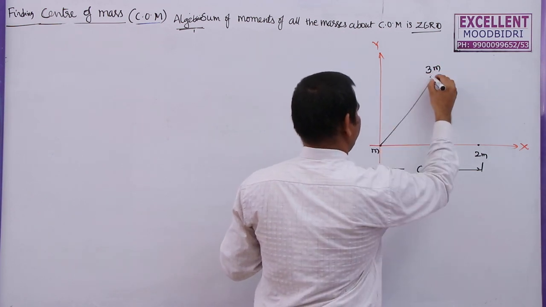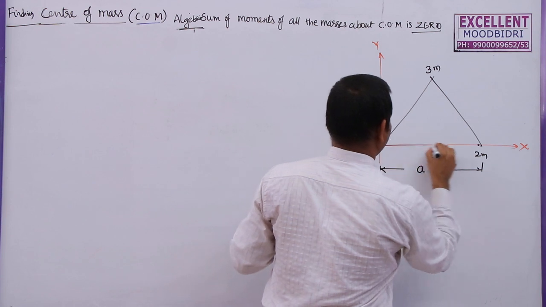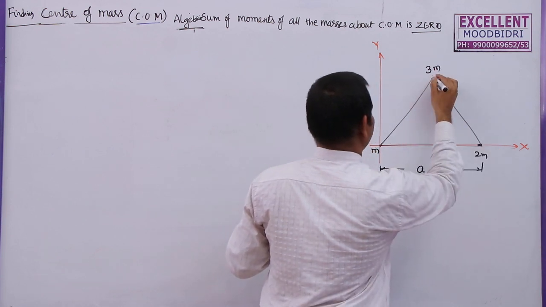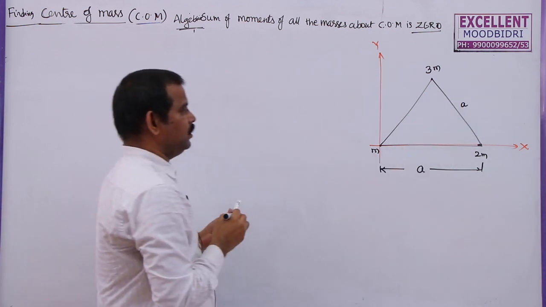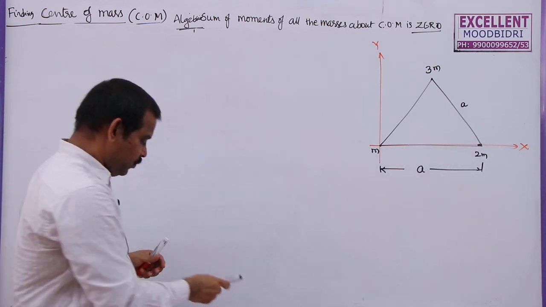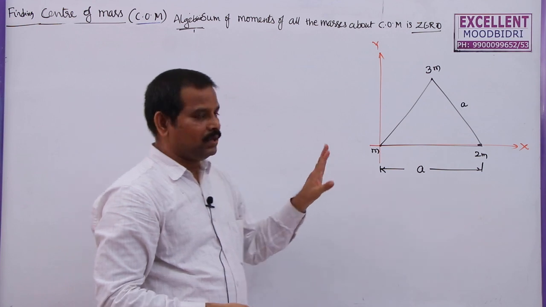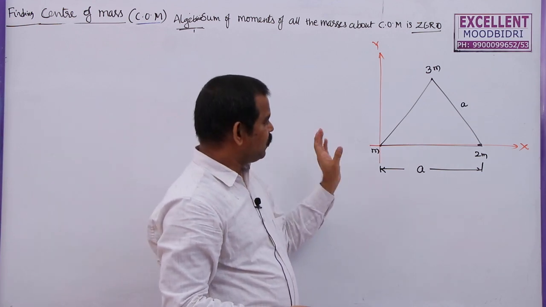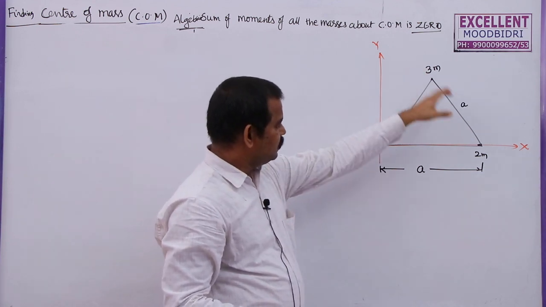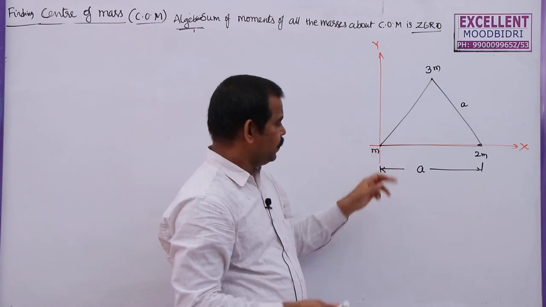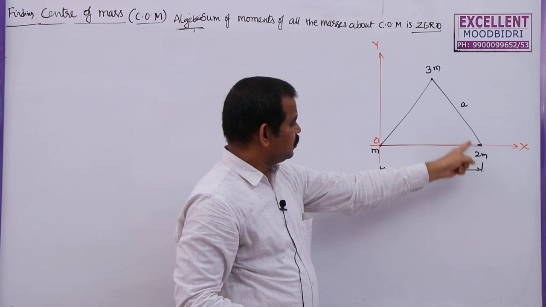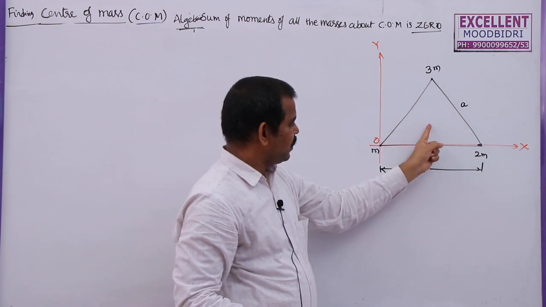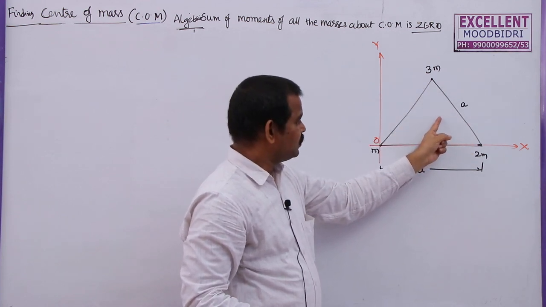and this is an equilateral triangle. So masses are placed at three corners of an equilateral triangle of side A. Now what is the center of mass of this system? We know that center of mass always lies nearer to the bigger masses. In this triangle, this is only mass m, this is the origin also, and this is 2m, 3m. So this side masses are more. Center of mass will not lie at the centroid, it will move towards somewhere here.